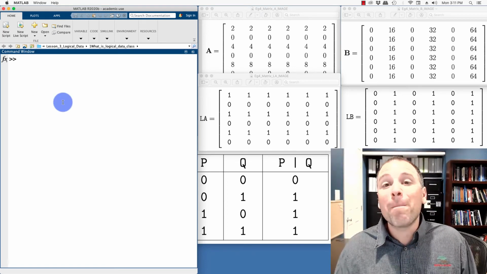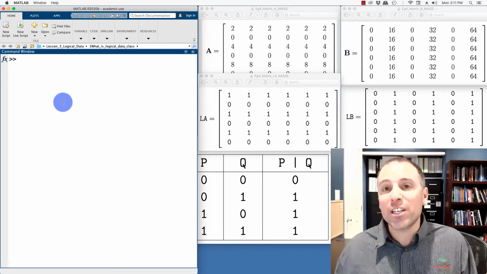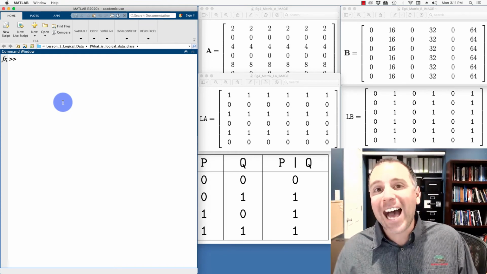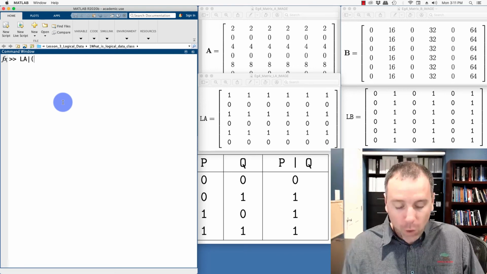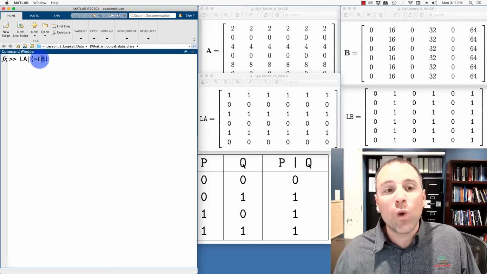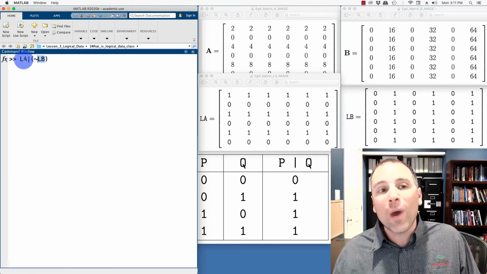We could, of course, combine logical operations to ask other interesting questions. Let's find locations where either A has non-zeros or B has 0 values. In other words, let's find LA inclusive or not LB. Remember, LB stores the locations where B is non-zero. So not LB stores the location where B is 0. When I ask this question, LA or not LB, I'm saying, where is there either a non-zero in A or